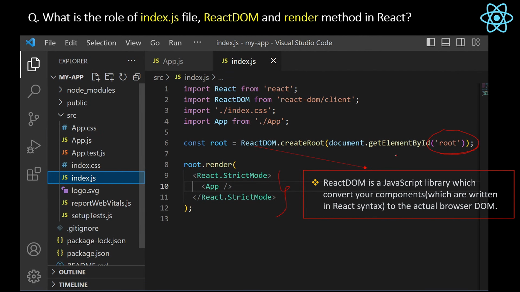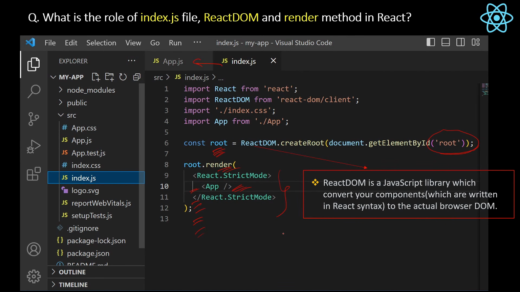inside the app.js file. Okay, so if you see inside the index.js file, here first we are taking the reference of the root element by this ReactDOM.createRoot method, and then we will use this render method to set all the root level components and their child components. You can also set multiple root components, okay, like header, footer and others here.